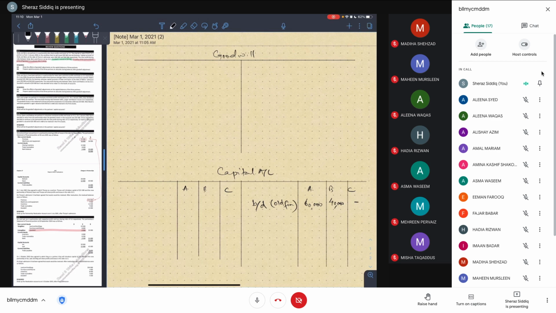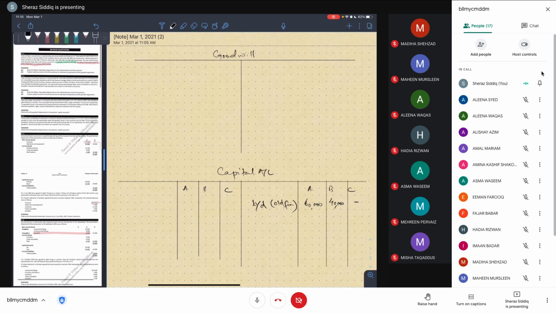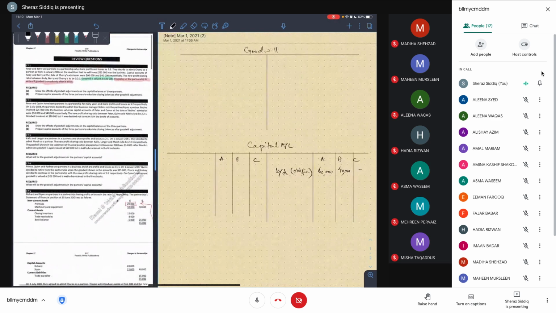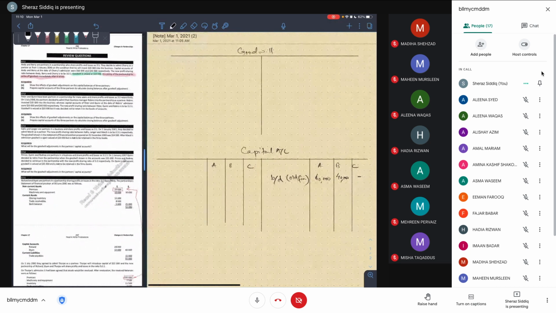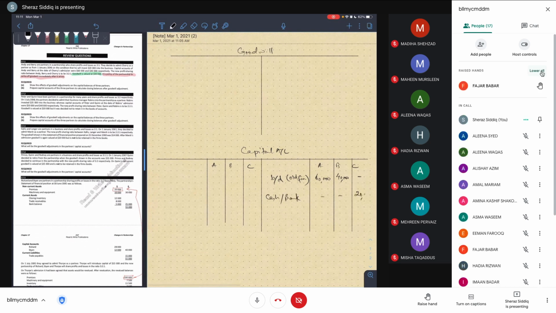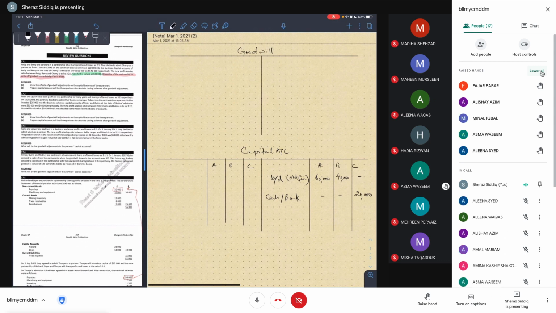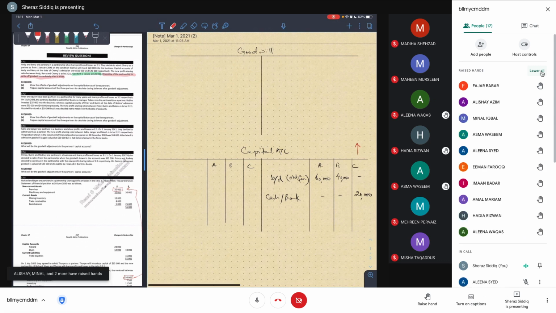C will bring in his capital, whatever that capital would be. Let me see how much it is. C has to bring $20,000 in capital, so we introduce that now. Do you agree that when C brings capital, it will come on the credit side, $20,000? We agree with C's admission entry on the credit side of the capital account, because we know capital account is an obligation for the business entity. On the credit side, capital increases, on the debit side, capital decreases. So C is bringing in $20,000 as his capital, so that entry should be on the credit side, right?